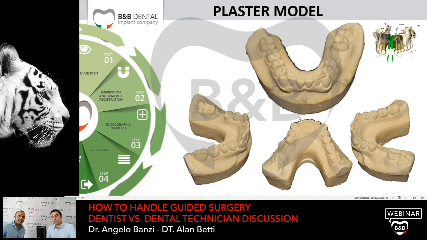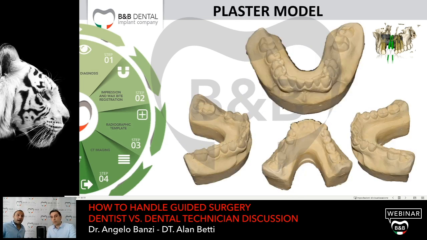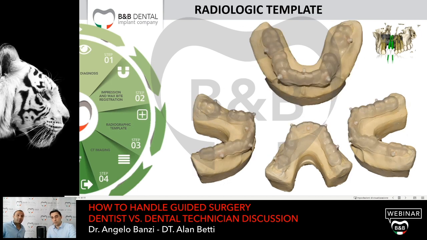That is the most precise impression according to the literature, especially if you have teeth in the patient's mouth. For a totally edentulous patient you can use a silicone or polyether. But if you have teeth and we have to capture the perfect shape of the teeth, you need the double impression, with heavy base and light body. Also, I'm going to get the plaster model, and over the plaster model, as we mentioned before,